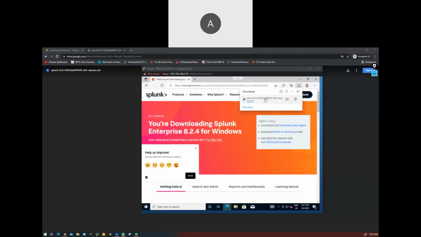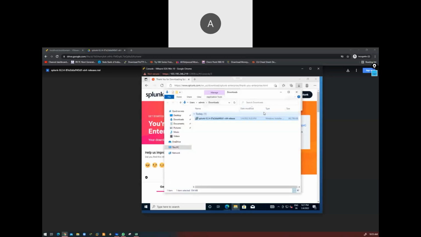After downloading it, just open this folder and simply run the Splunk tool setup on this virtual machine. Double click on it.